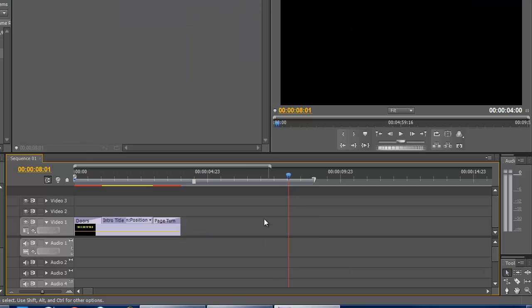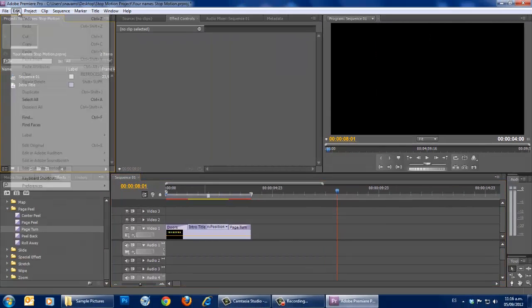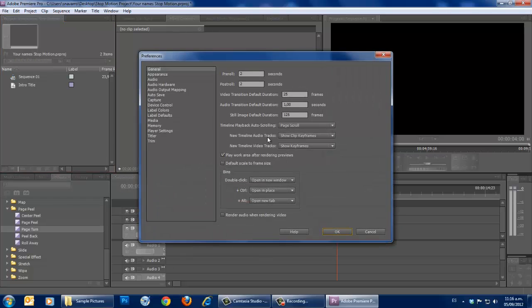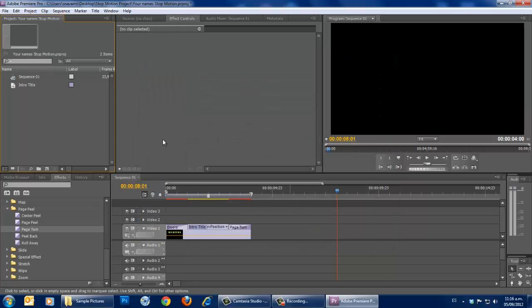But we don't want that. In Preferences General, it takes 5 seconds because the program is working at 24 frames per second, and if it says 125 frames here, it will take about 5 seconds. So I needed to change this item from 125 to 3 frames. This way, if every picture that we insert or import takes 3 frames, 8 pictures will complete 1 second of